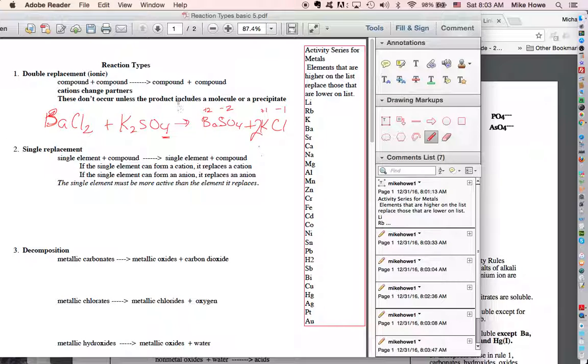Once again, you notice that there are 3 steps. What was the first step we did? Write the combinations down. Then we write the formulas correctly by using charges and subscripts. And then we balance the equation by using coefficients. So I'm going to put here C and S, which stands for charge and subscript. And here I'm going to put coefficients to remind you